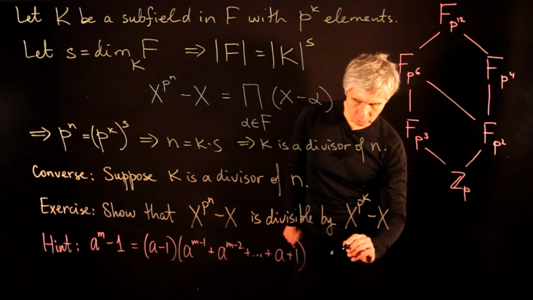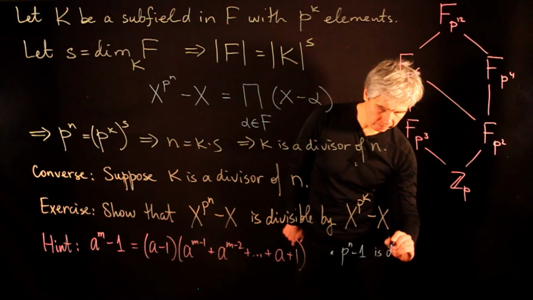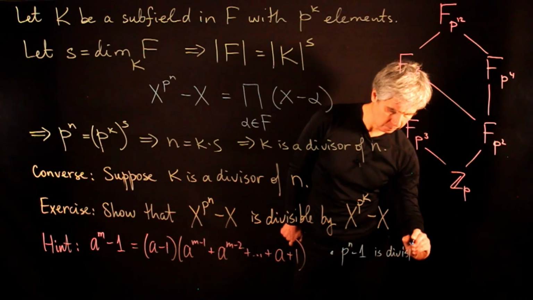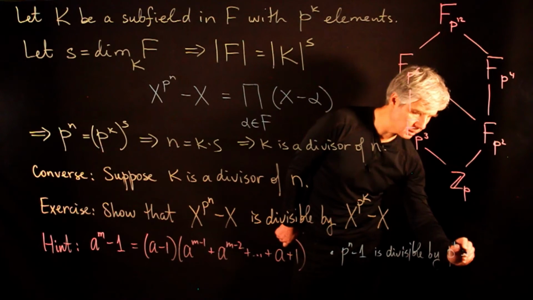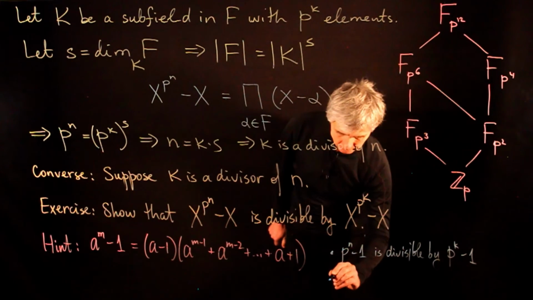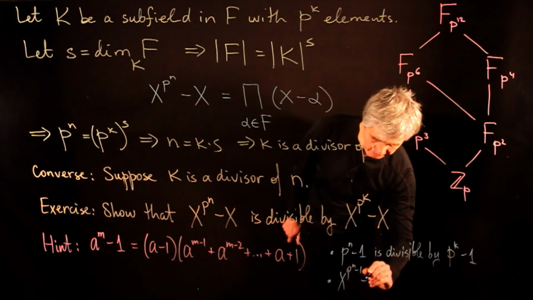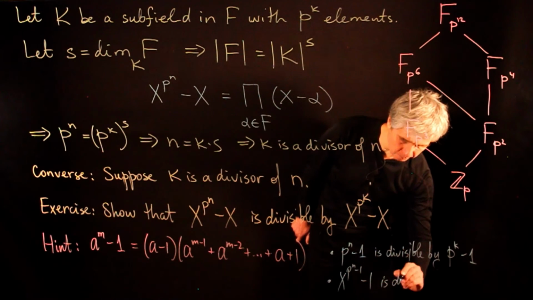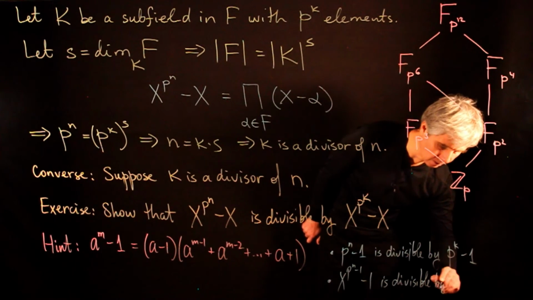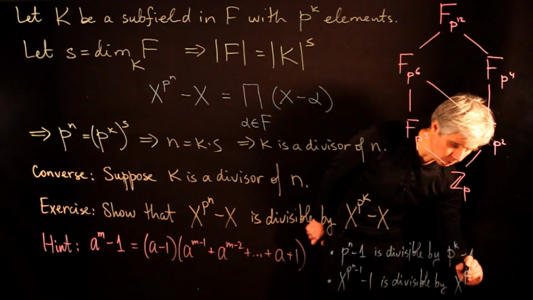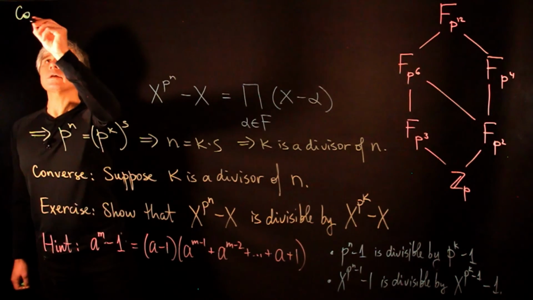First, you use it to show that p to the power n minus 1 is divisible by p to the power k minus 1 as integers. And then you show that x to the p to the n minus 1 is divisible by x to the p to the k minus 1 minus 1. As a corollary,